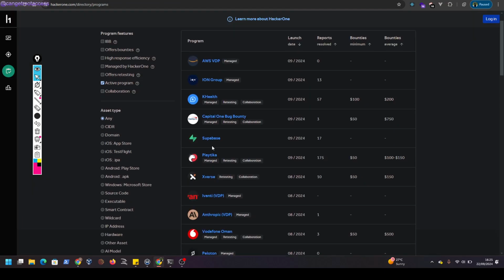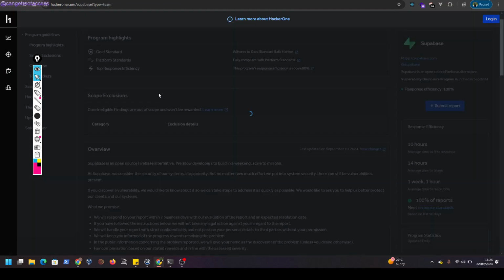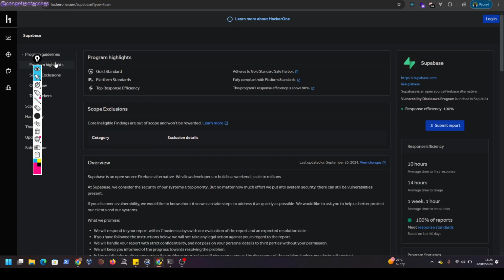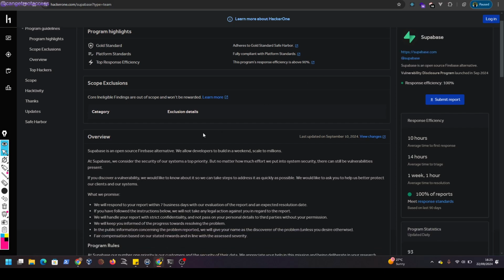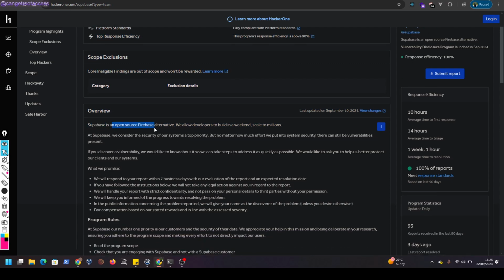So you just need to look for a target. In this case we can pick a random target here, and let's move this aside. All you need to do is visit the target's endpoint or dashboard. This is public, we're not yet logged in, but with Supabase, you'll get information about the target, in this case Supabase, what it does,